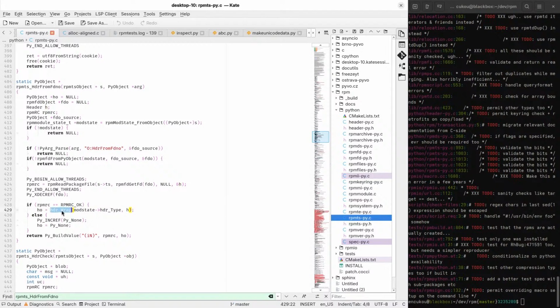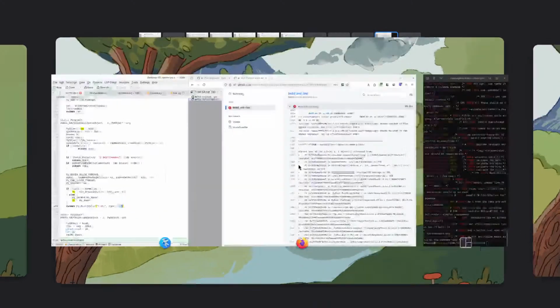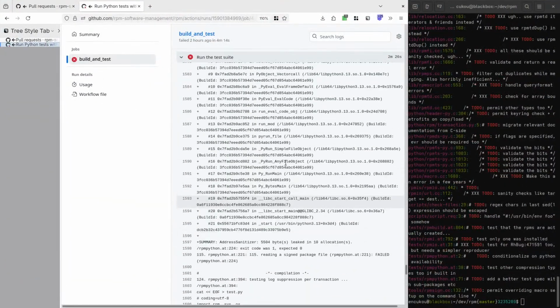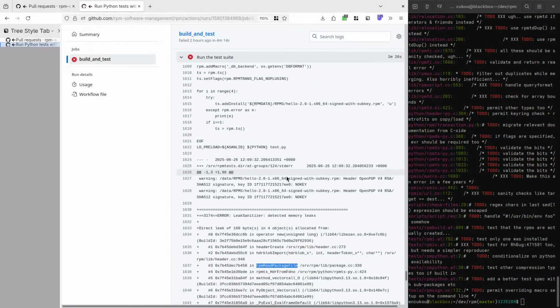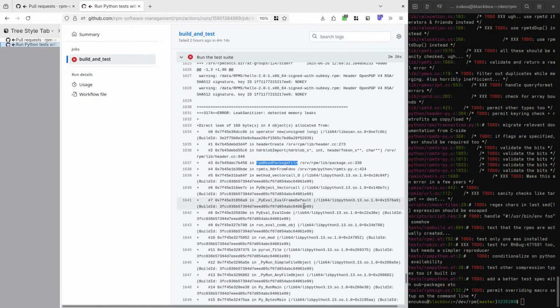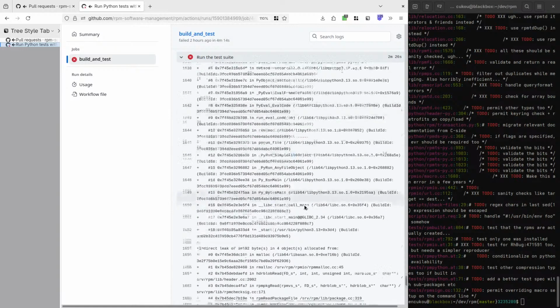And this calls hdrWrap on that H and puts it in an ho, which is then returned. Interesting that we're leaking this, but nothing else.